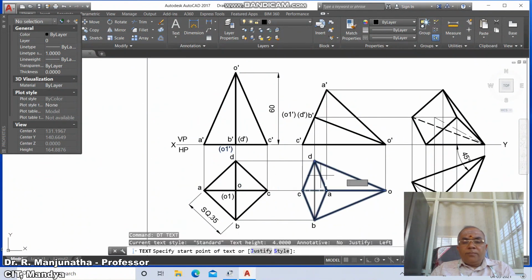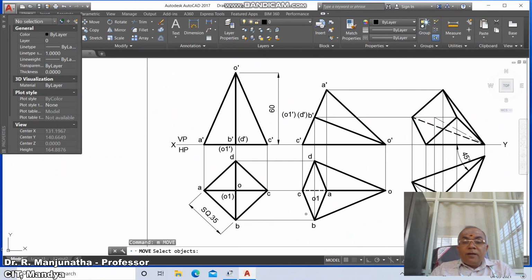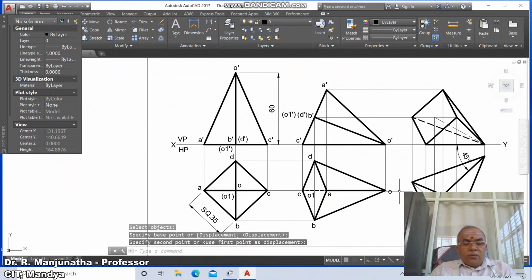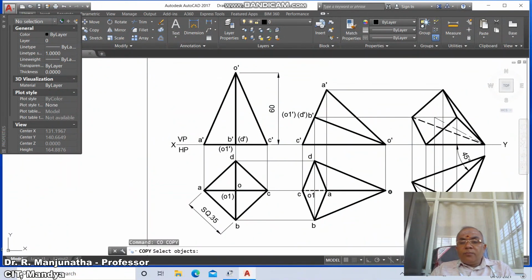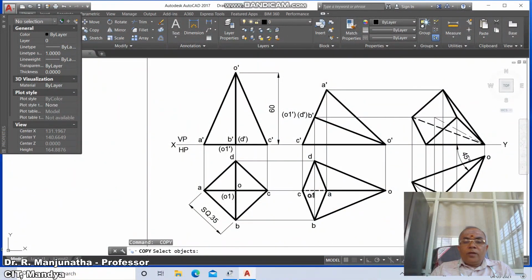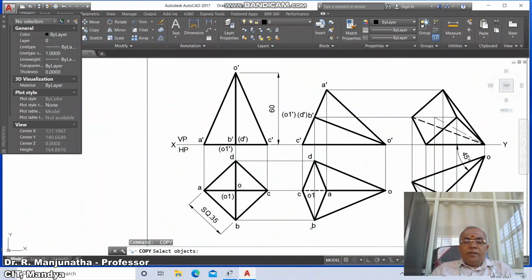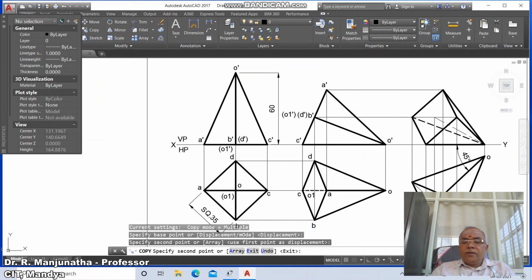then you type DO1 because ABCD is visible, so ABCD is on that surface, so O1 becomes visible. So then here copy, type O, select this here, you type A, you select here, you type O1, you select this here, you type C, you select here, you type B, you select here, you copy D, you select here,